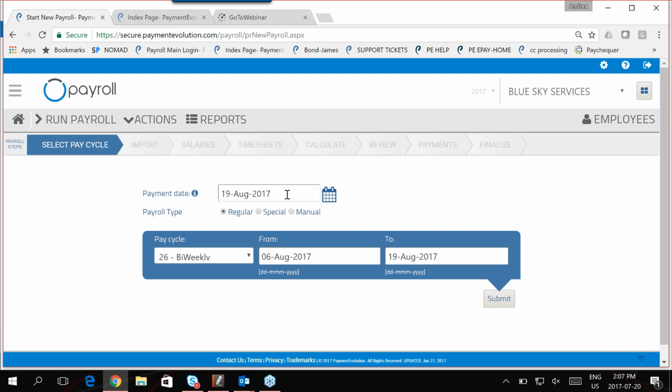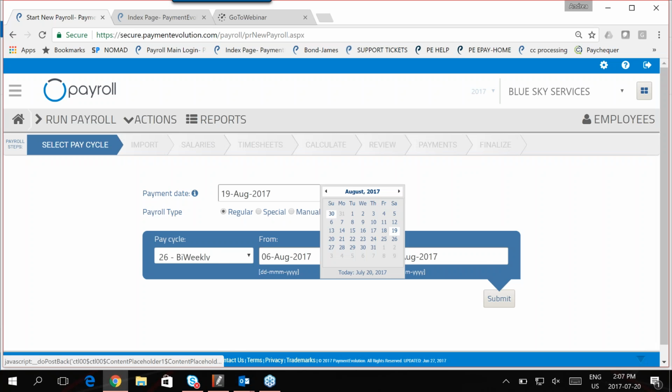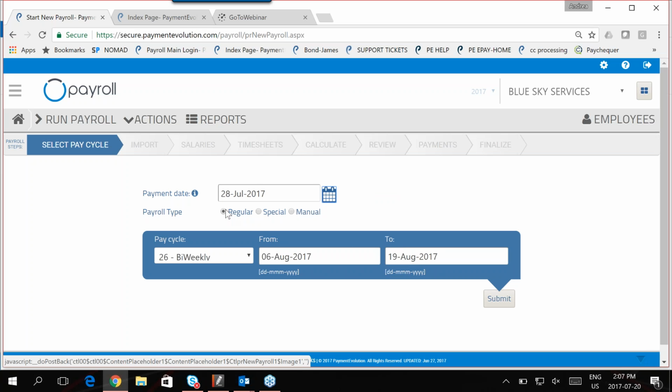The first field is going to be our payment date. We can select any date from the calendar here. If we are on any of our paid plans, we'll have a regular or a special option. Accountants and bookkeepers will also have a manual option. Regular is your regular pay run, special is an off-cycle run, and accountants and bookkeepers manual run is a data